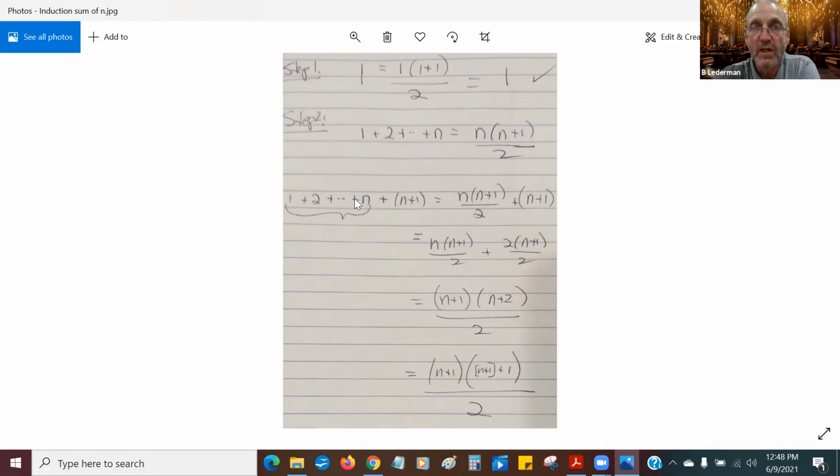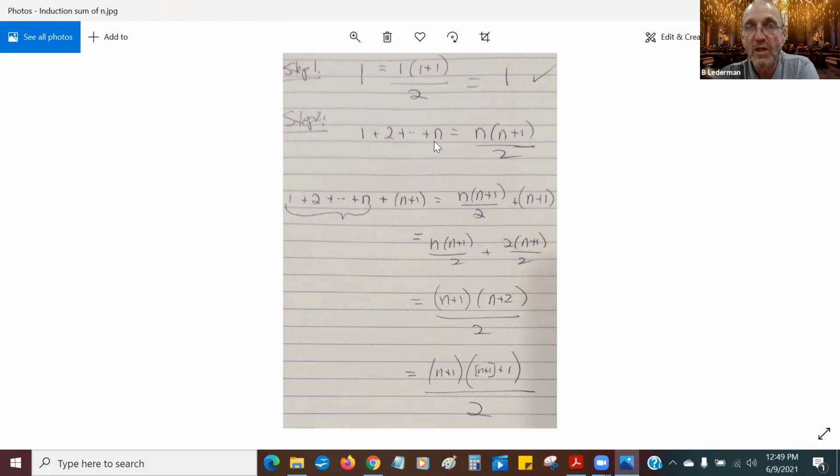So I'm taking this side right here, 1 through n, and I'm adding on the next number, the n plus first number. So I'm going to add that number on to both sides here. Well, n plus 1, I want to get a common denominator here, so multiply this by 2 over 2. And I have n times n plus 1 plus 2 times n plus 1. Notice there's a common factor of n plus 1. I combine these, and I get n plus 1 times n plus 2 over 2, which is the same thing as n plus 1 times n plus 1 plus 1